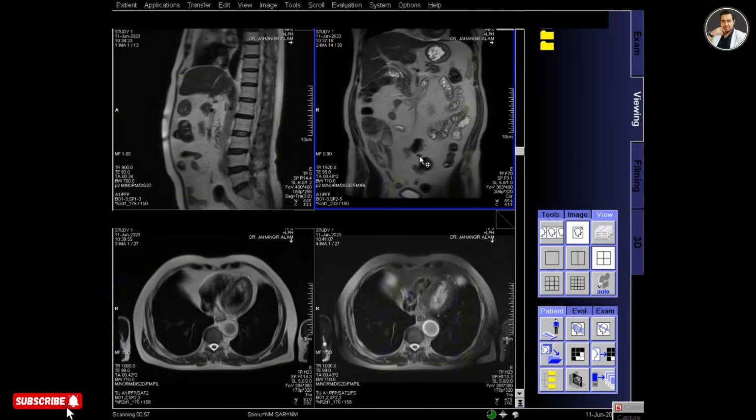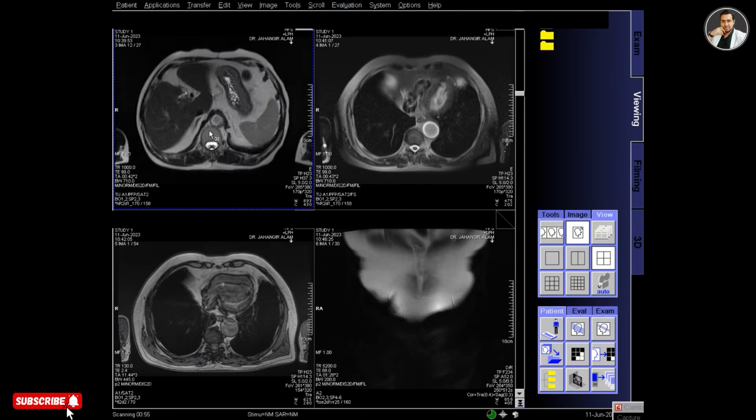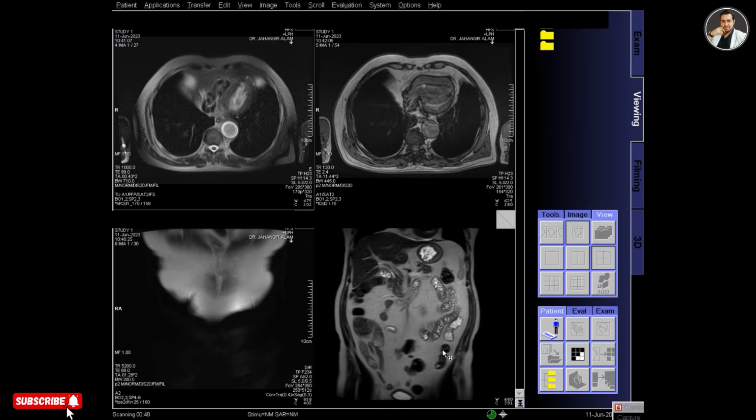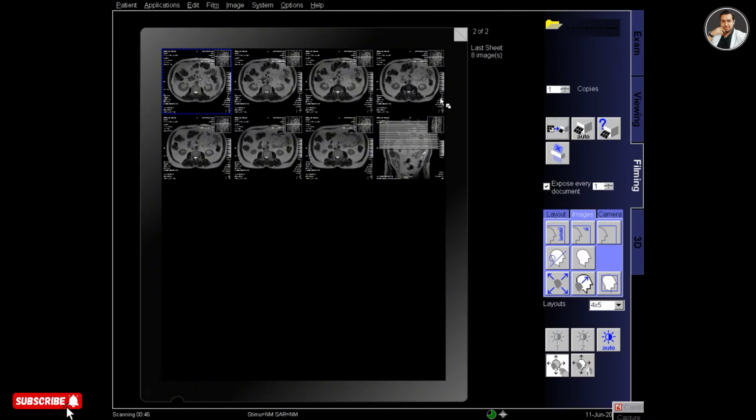and then print out. Now select the T2 HASTE transverse and send it to the filming, and find the reference image of this upper abdomen and also send the reference image.